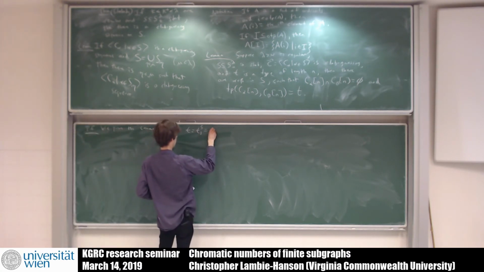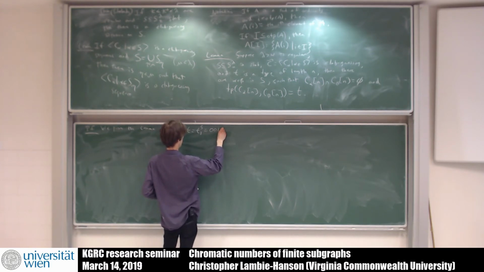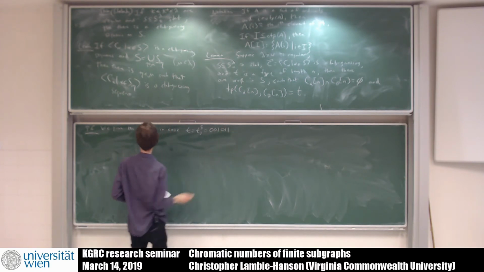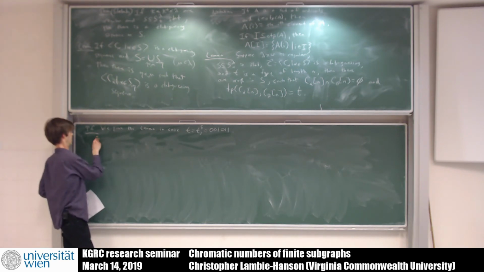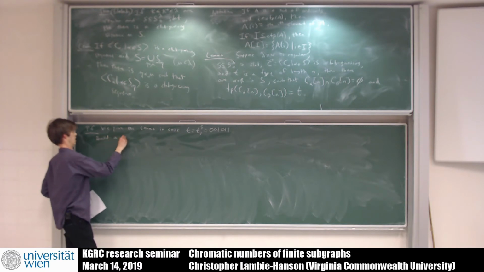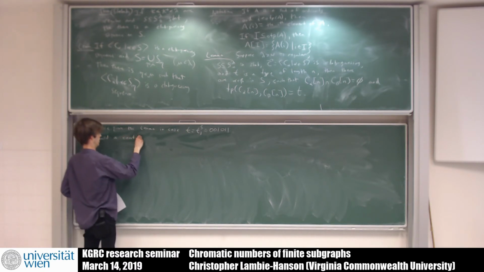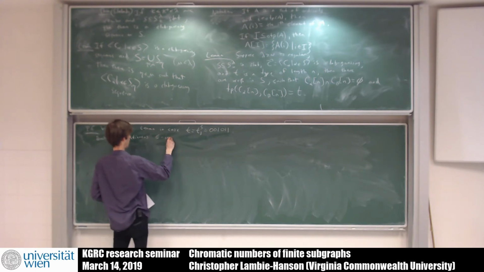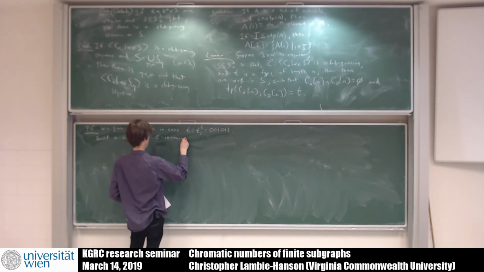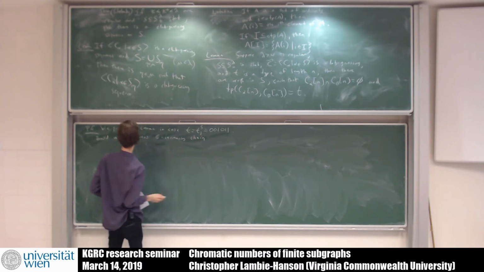This was 0, 0, 1, 0, 1, 1. Okay, so what we're going to do is start by building a continuous epsilon increasing chain